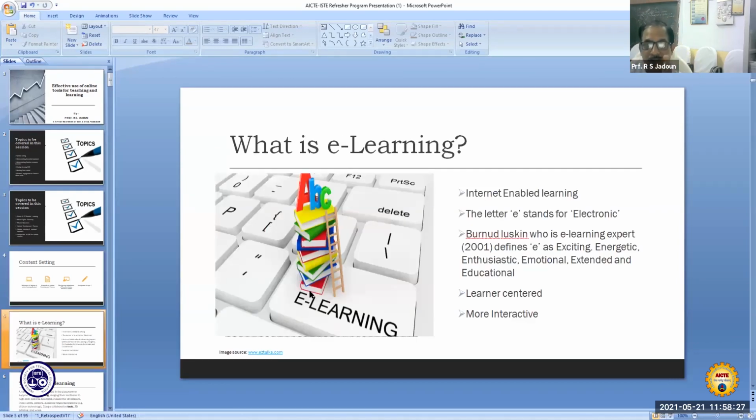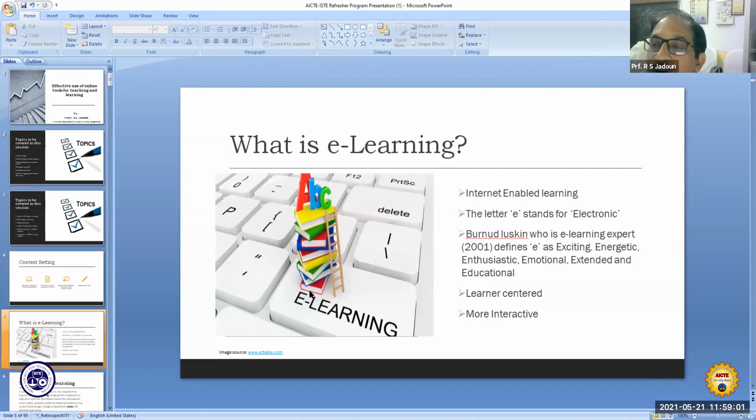Coming to e-learning, all are familiar with this terminology: internet enabled learning. E here is used for electronic. Bernard Luskin, a great learning expert, has defined this E as a very powerful alphabet of English.